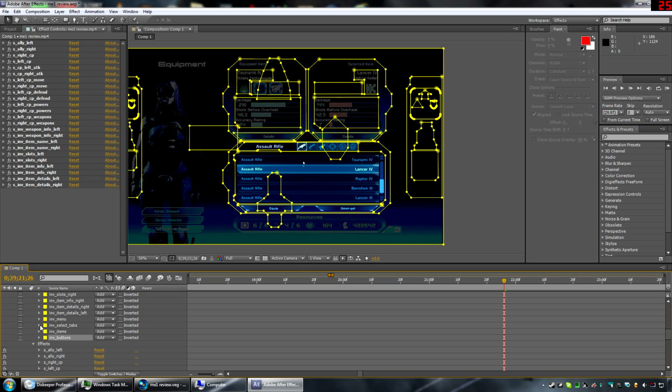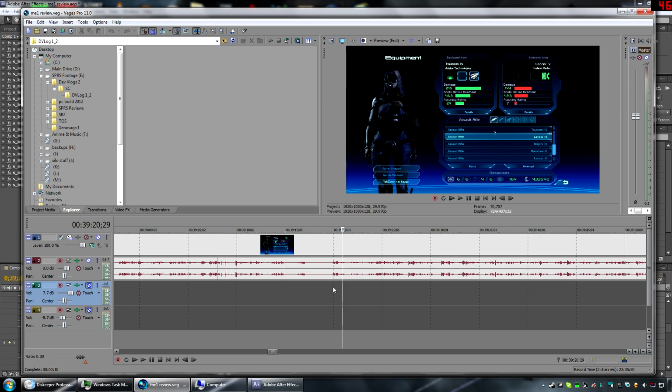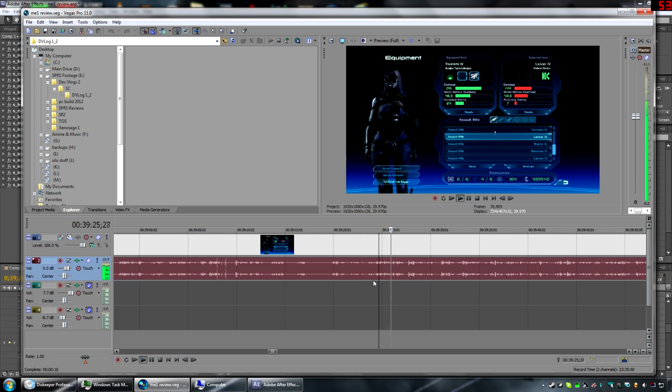So the first thing I'm going to do is on these three, just turn the opacity down to 0. On this one we want to take it down to 0 and turn it into a keyframe thing. Then we need to figure out when we want to bring it in. Underneath those windows is the actual place where all the...